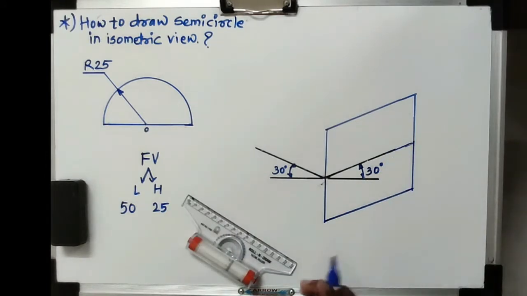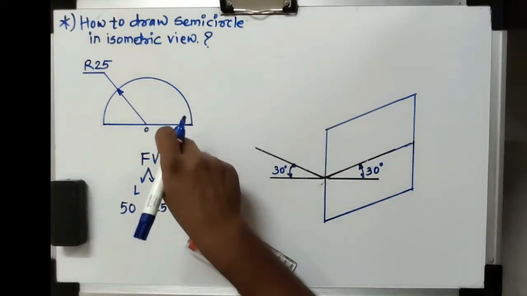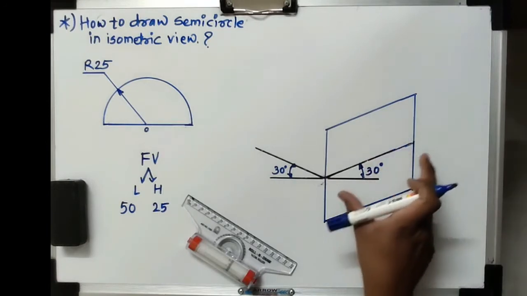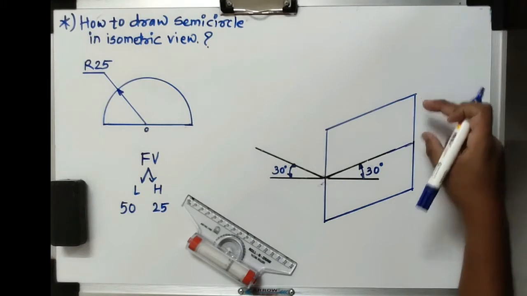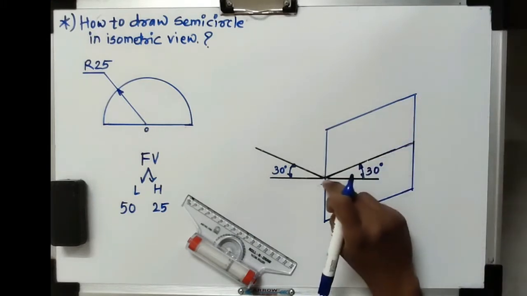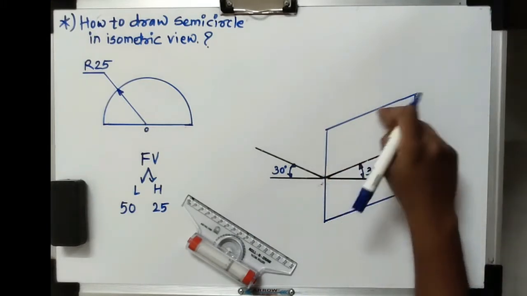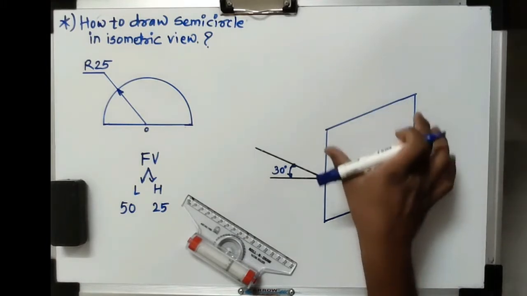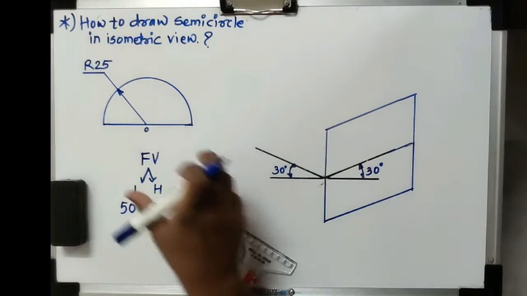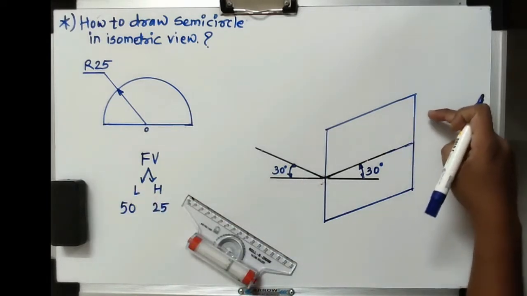As per the procedure of drawing this semicircle in the isometric view, we have to draw in this way only. The half portion is above that particular plane, meaning about this line we have to draw the semicircle. The actual semicircle will be here, but to complete that we have to draw this complete box. Actually it is a square box of 50 by 50 mm, but it looks like a rhombus in this isometric view.